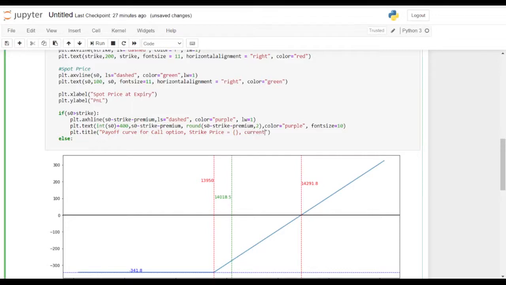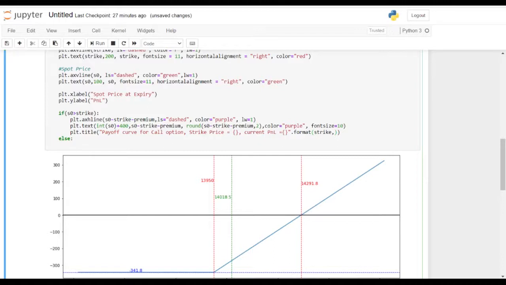Because you want to store your value over there, which is not a string. You want to input it from somewhere, so you're using dot format for this, and you're using strike, which would be going to the first bracket, that is strike price.